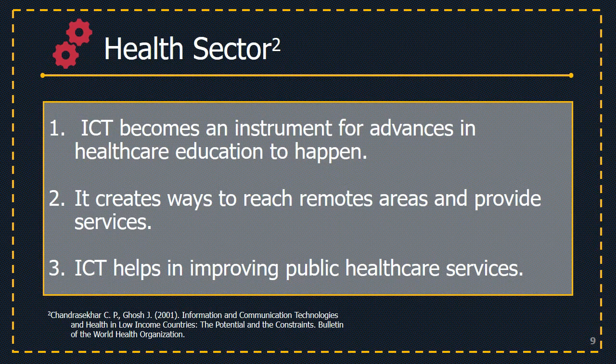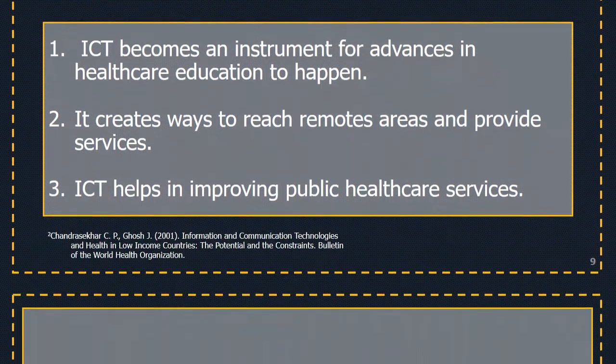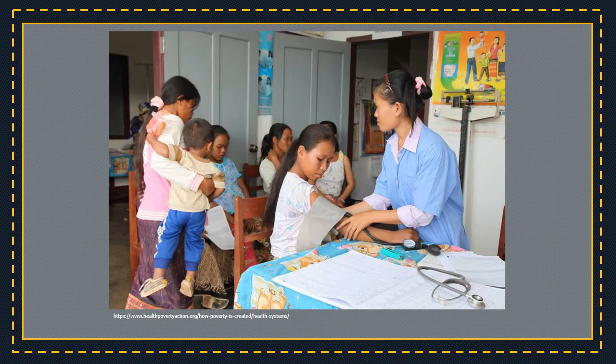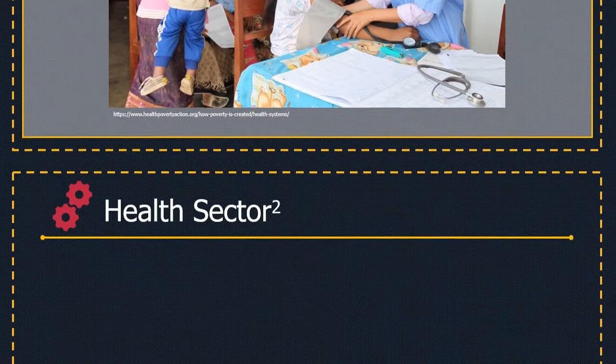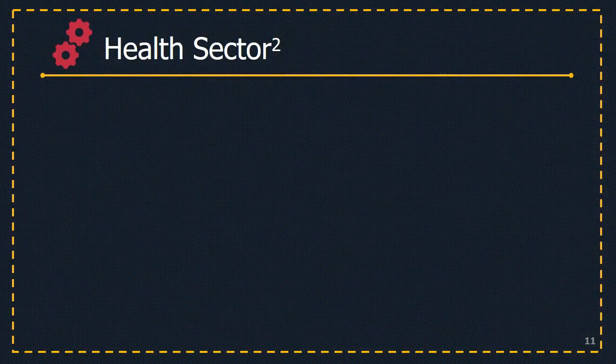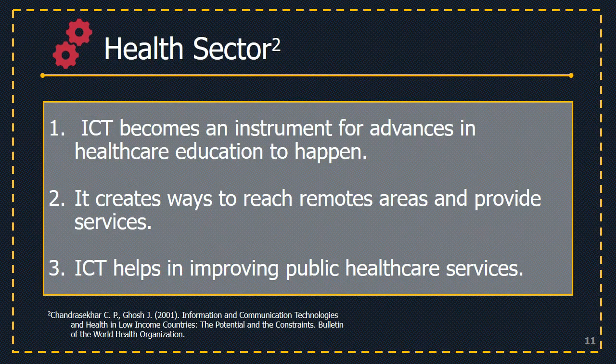Moreover, ICT creates an avenue in improving the delivery of health and disaster management services to remote areas, and it also helps in improving the availability of public health services through the increase of transparency and efficiency in governance. This has helped many countries with poor healthcare systems in many ways, and with the continuing development, the improvement in these places also continues.